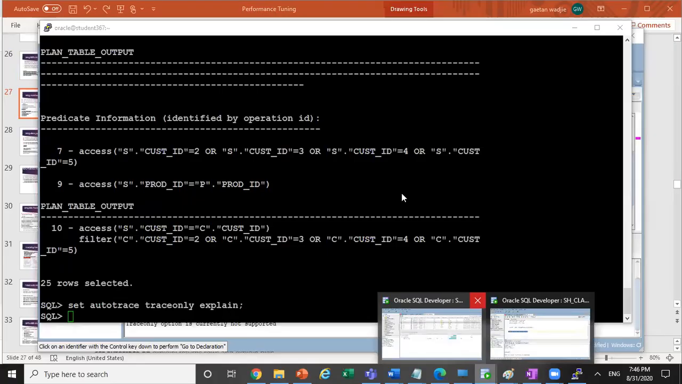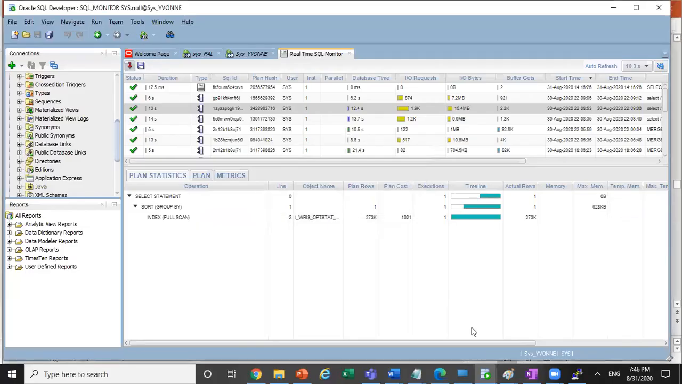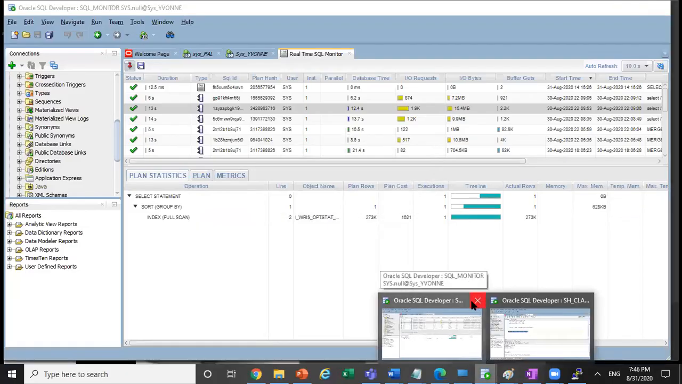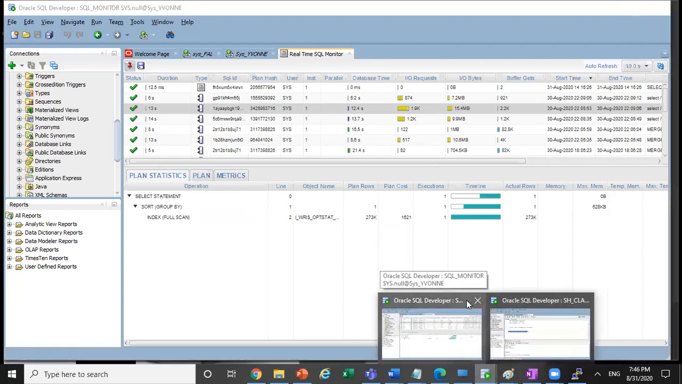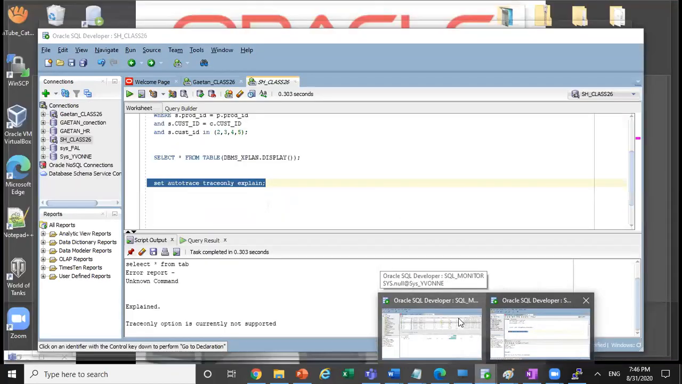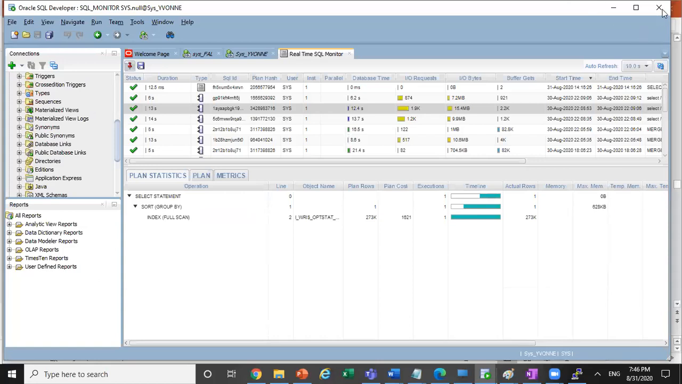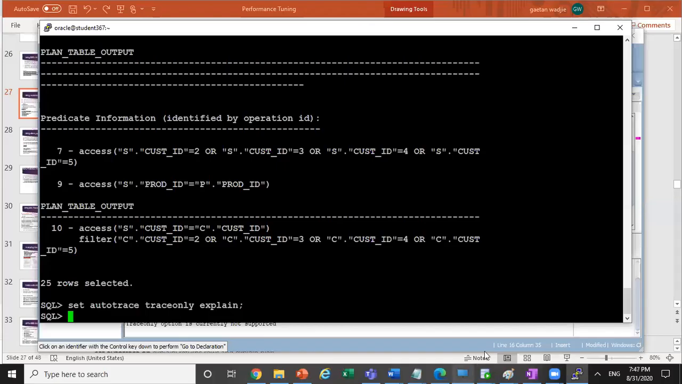Let me close the other one. I don't know why I'm having this one. I don't know why I'm having two SQL Developers. Let me close one of them. Okay. I don't want you guys, I will show you this. Okay, so I don't need that now. Why is it doing this? Anyways, okay, so